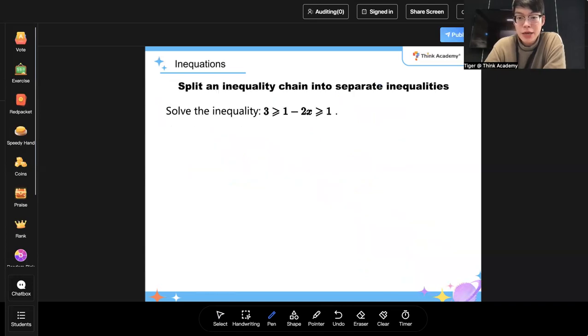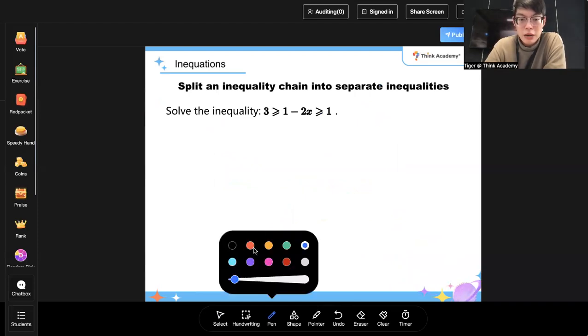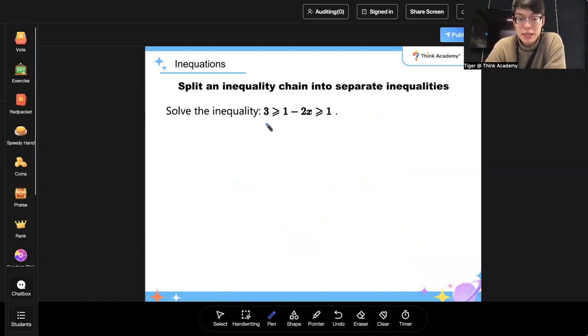And then let's take a look at the next one. So the next thing I'm going to talk about related to inequalities is that if you have ever got an inequality chain right there, like this, with more than one inequality sign. So for example, 3 is greater than 1 take away 2x, and 1 take away 2x is greater than 1. That's what it means. So in order to solve it, the best way is to split it up into separate simple inequalities. For example, with only 2 sides,